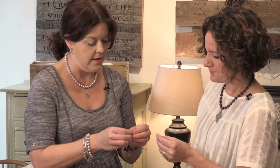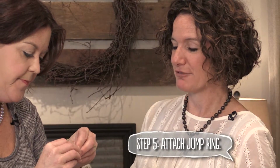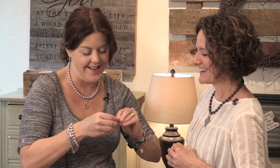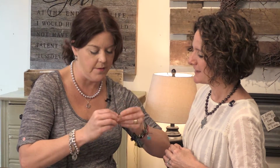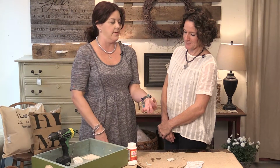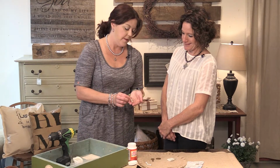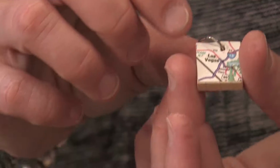So do I twist a little bit so I can get it? This one's sturdy, sturdier than our Scrabble tile. And then I'm going to put it on. I would need my readers. Can you see it? I'm having trouble getting it through. So I put this jump ring on, and I'm probably going to need little tiny needle nose pliers to tighten it up. But now I have an H on one side and